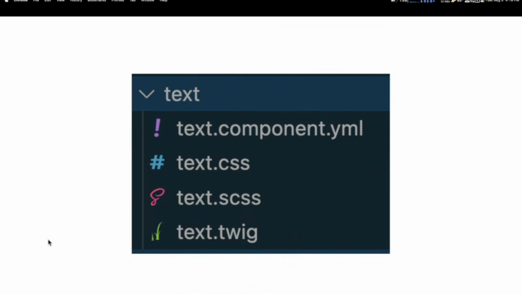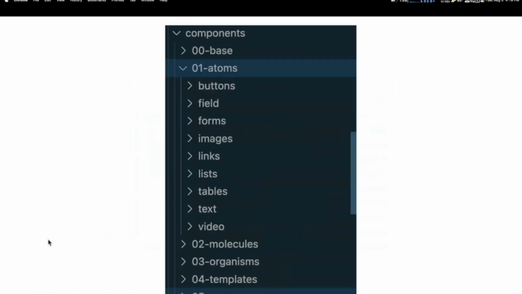Now, is it one folder? It can actually be done much like your atomic design, where you have your atoms, your molecules, your organisms. That's not really the point. It's not just one place and you only get one component. The point is that you can break it down as much as you need, but it has to be in that components directory for this to work for you.